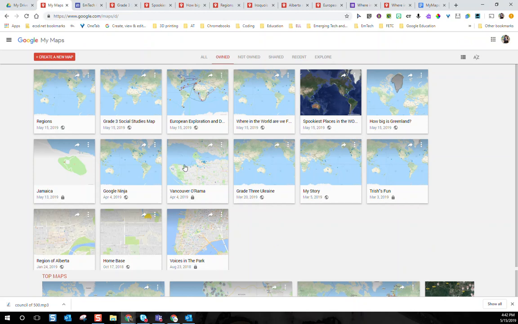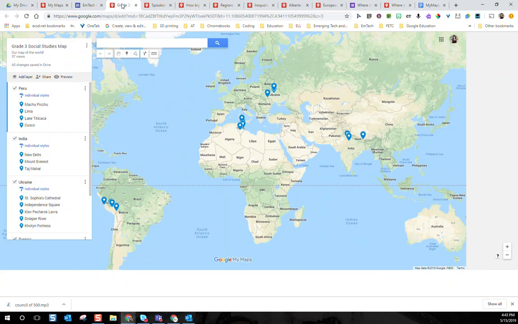I just want to show you one, just to give you an idea of what a My Map can do. This is an example of a grade 3 social studies map. One of the things you'll notice is that your maps have titles. It looks like Google Maps because it is in fact a Google map. I can have different layers, and I can also have different markers that go on all of those layers. So I want you to imagine being able to take your grade 3 social studies, bring it to life by putting it on a My Map, and you could even assign this in your Google Classroom, where kids can either make their own or you're inviting them as collaborators.